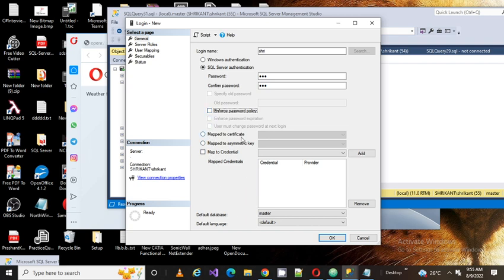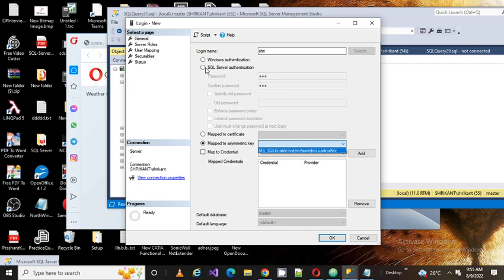Then there is map to certificate, if you have any certificate, this is one option. So instead of creating the SQL Server authentication or the Windows authentication, you will select map to certificate. The certificate will be mapped from the ones we need to add first. Okay, now there is no added certificate, that's why it's not showing. Next is map to asymmetric key, that is another, the fourth option. If you select this, you need to give the asymmetric key here, right? Like this you can give it, but I don't want to make it more complicated as this is the first demo